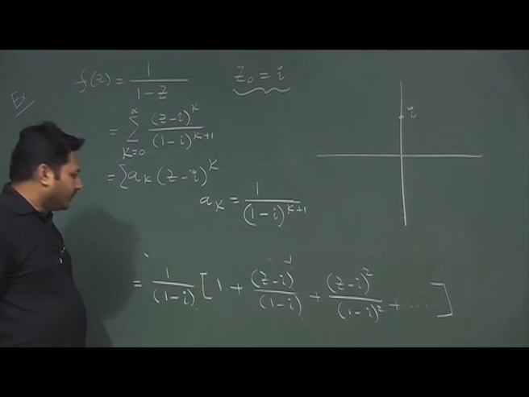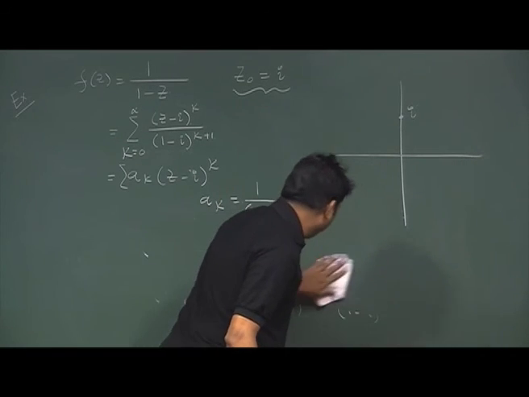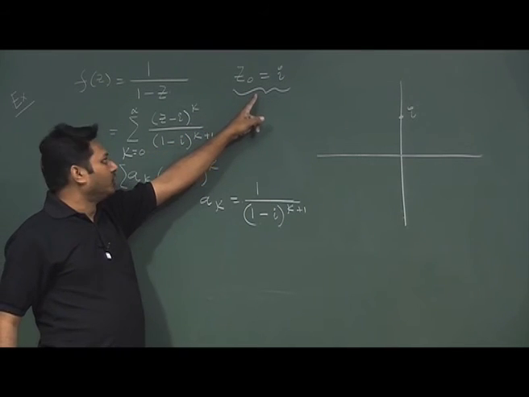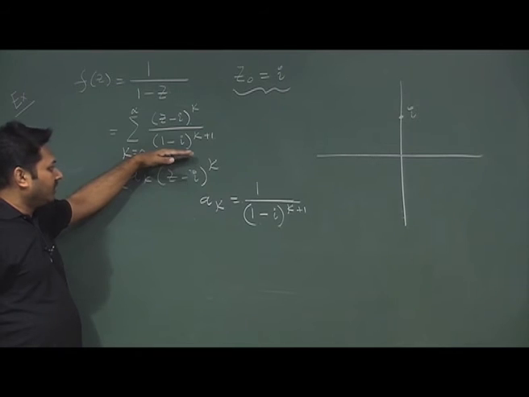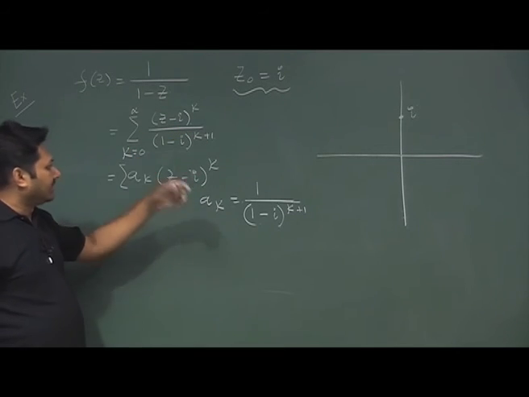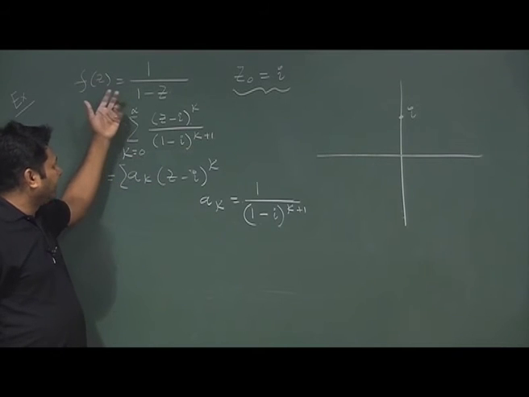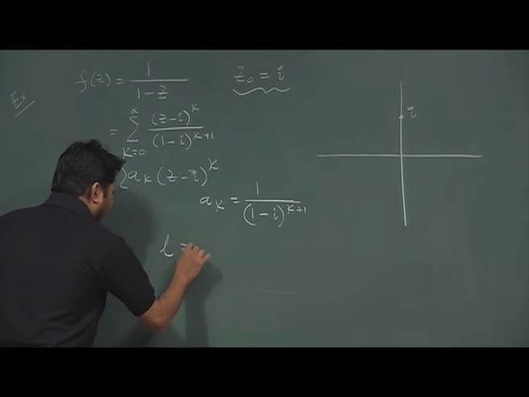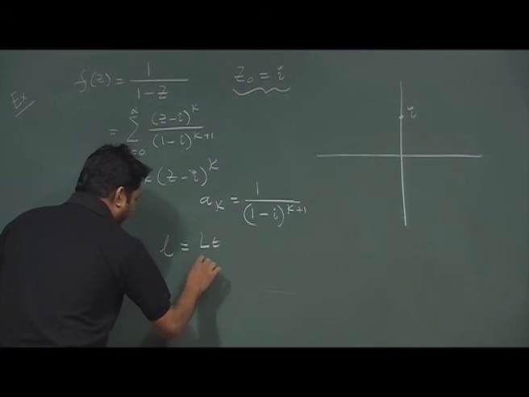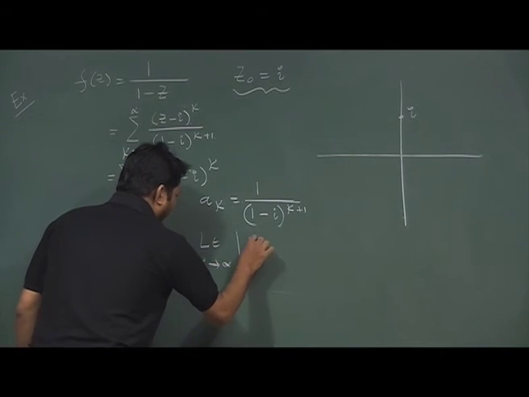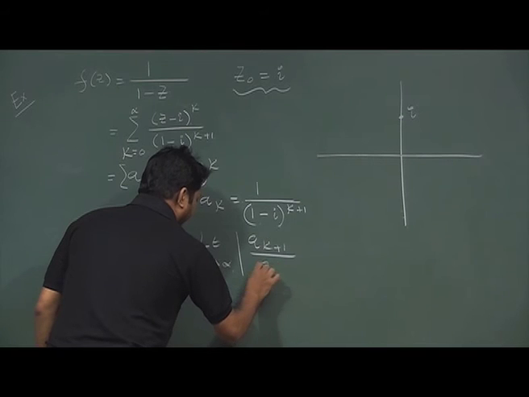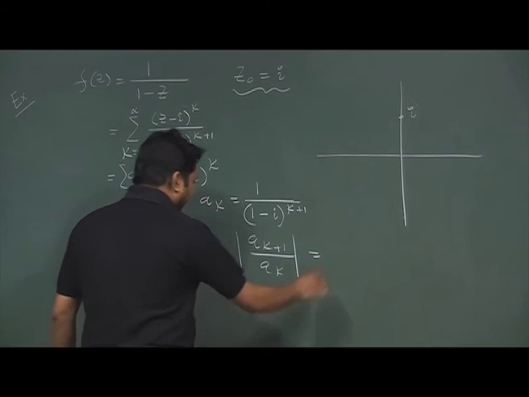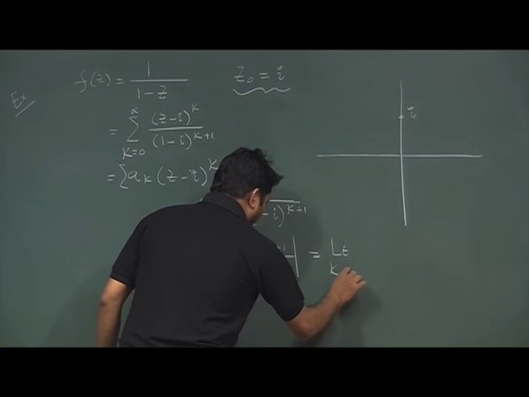This is my a_k. Now, once I have a_k, I can expand this function around the point z0 equal to i. But I need to know the radius of convergence also, because I can't expand this over the entire region. There is a restricted region in which I can expand this in terms of a Taylor series. So once I have a_k, I can readily find L, which is the limit as k tends to infinity of the modulus of a_(k+1) divided by a_k,